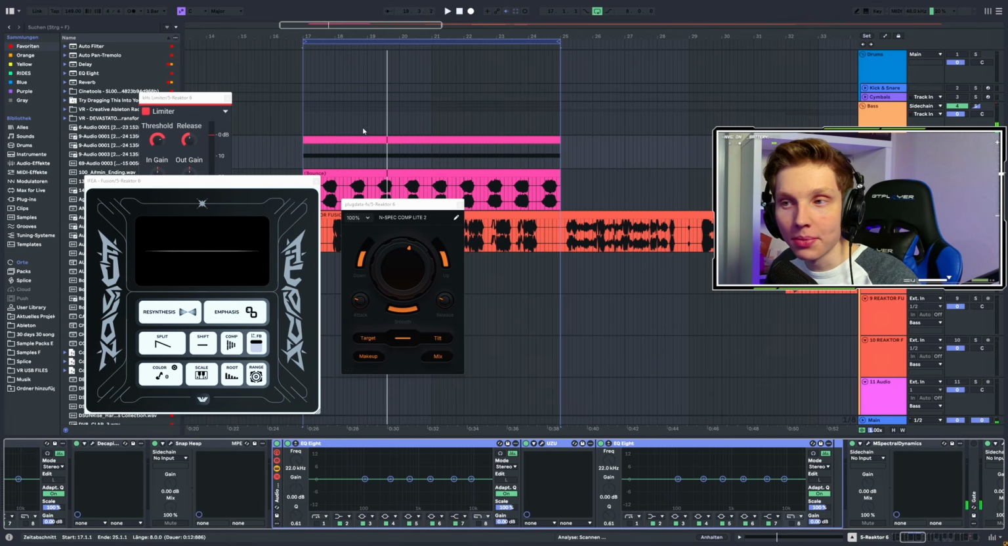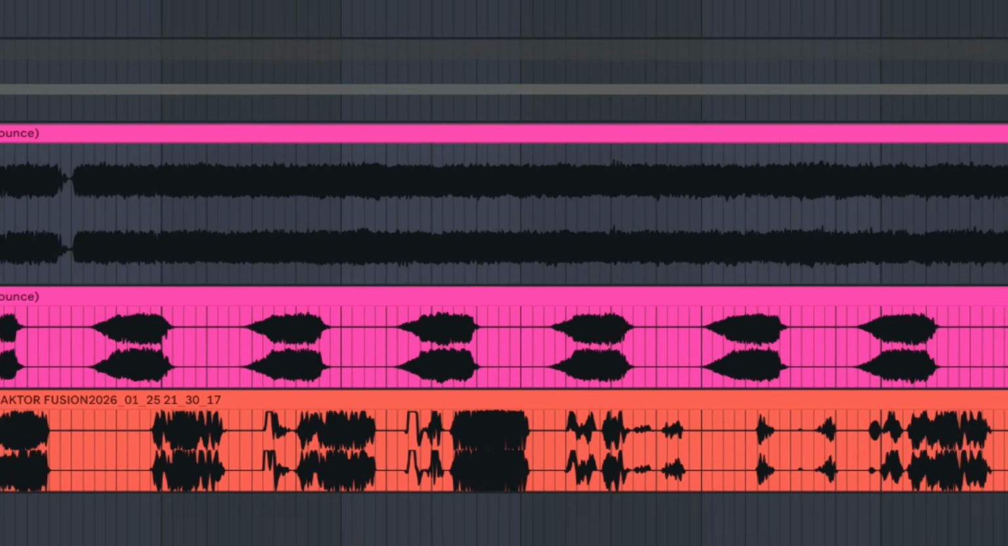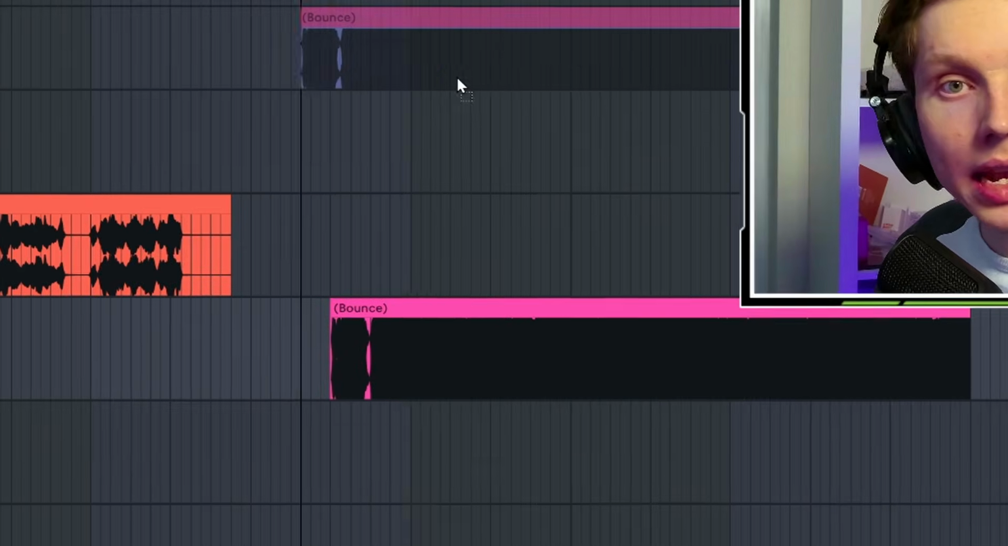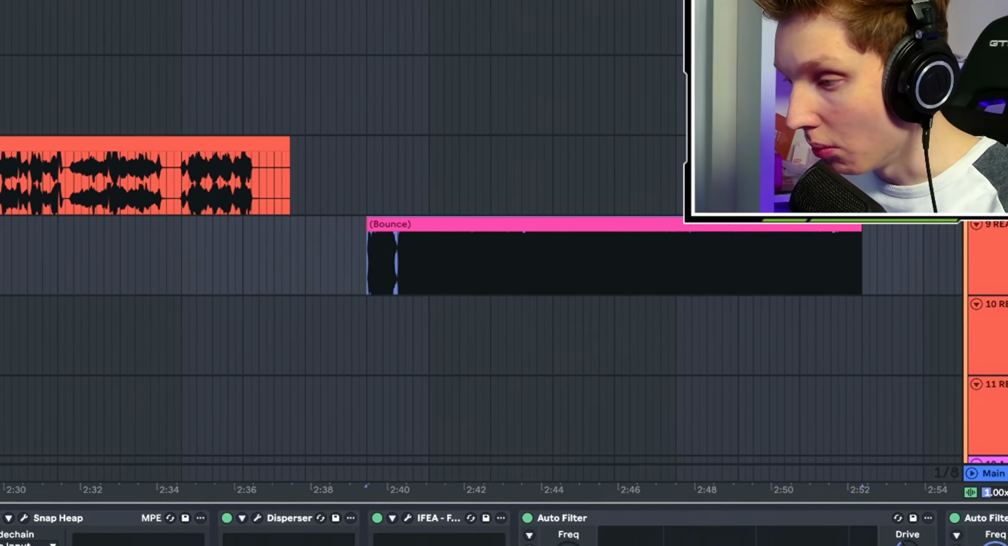Which also goes completely crazy. So let's just render this to audio. And now we have this gigantic loud file, which we can use to make cool growls. Let me take our rendered file and we are putting this into this chain right here with some more processing,